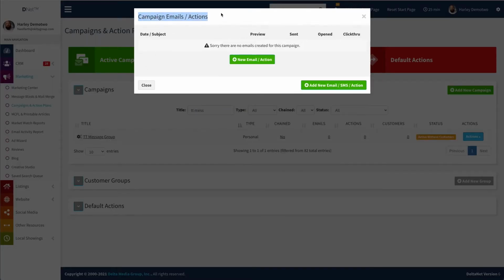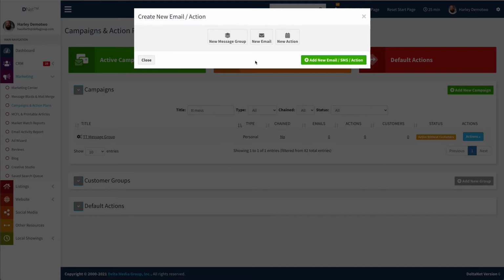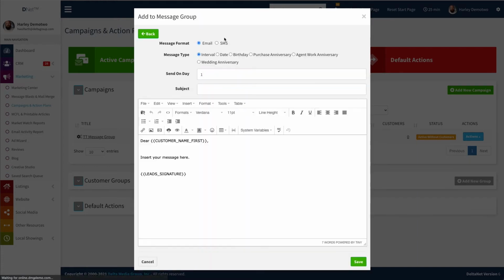So here we are. That opens up my Campaigns and Actions modal. So this is where I create all the new campaigns and actions I'd like to add here. Now I can click on either one of these buttons to go ahead and add one, so I'll just click on the one in the middle because why not? And you can see, in addition to creating an email or creating an action as part of this campaign, I have a new option to create a message group. So if I click on that,